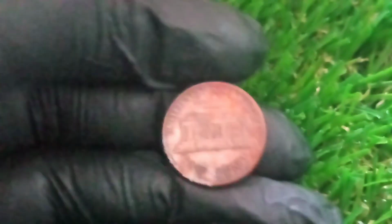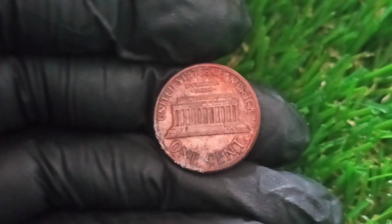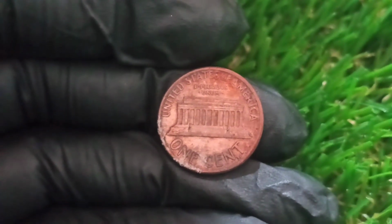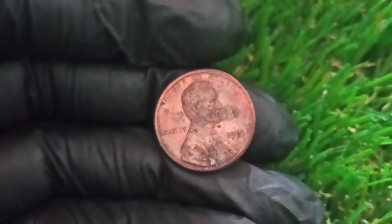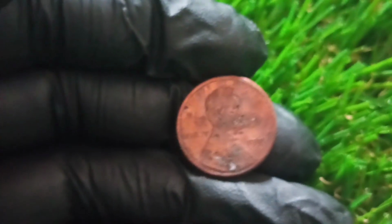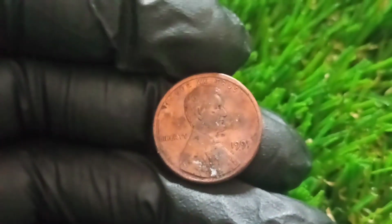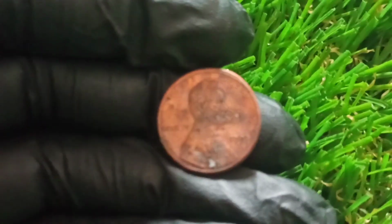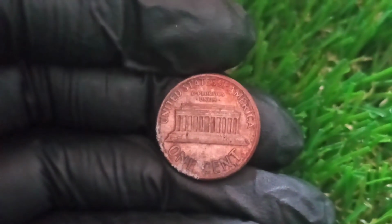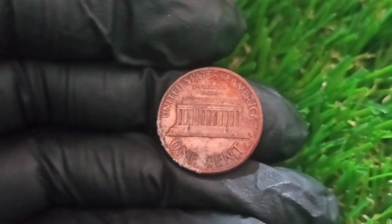And to understand why this coin is so valuable, we have to break down the long list of exceptional features it possesses, each of which alone would be enough to make it a 6- or 7-figure item, but together they form a one-of-a-kind specimen so unique that it is currently believed by leading experts, including those from PCGS, NGC, the Smithsonian, and multiple independent numismatists, to be a true one-of-one coin whose very existence challenges everything we thought we knew about US mint practices in the early 1990s, beginning with the composition, because unlike standard 1991 cents that were struck